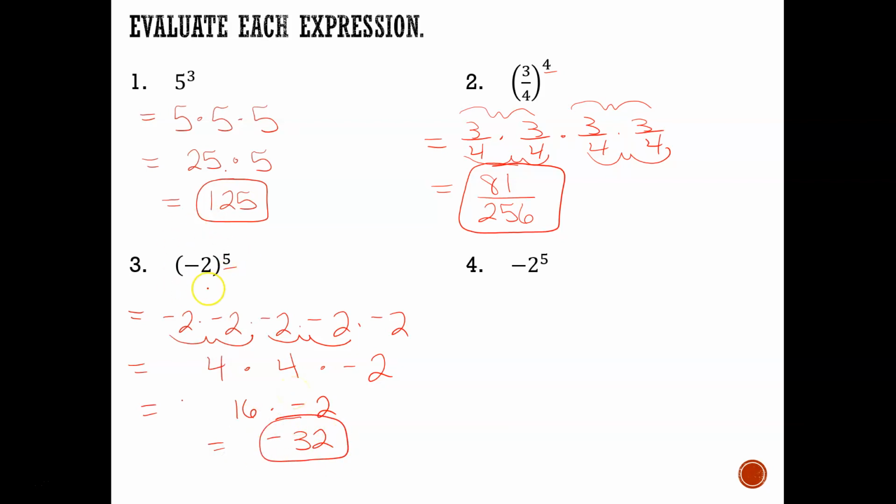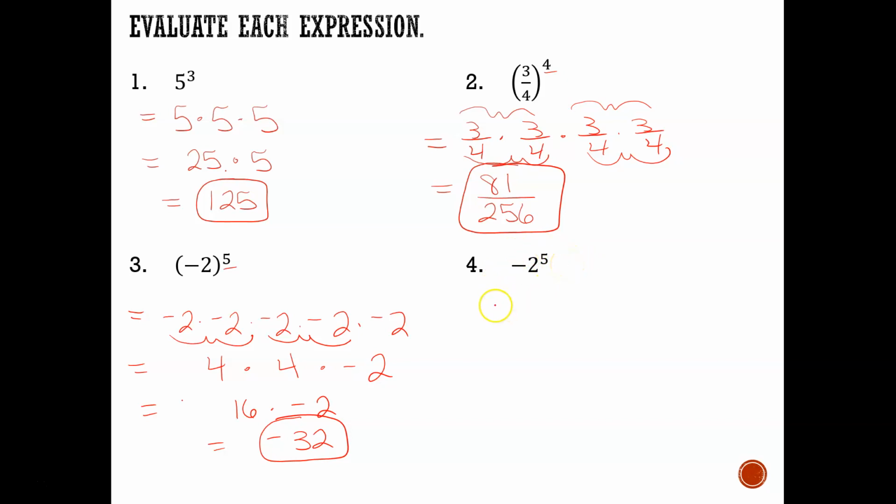So this problem, negative 2 to the 5th, is equal to negative 32. Now on number 4, you may say, well, is that the same as number 3? Not exactly. They are going to actually end up with the same answer, but the work should look a little different. If there are no parentheses around the negative, then the negative stays in front and it does not repeat